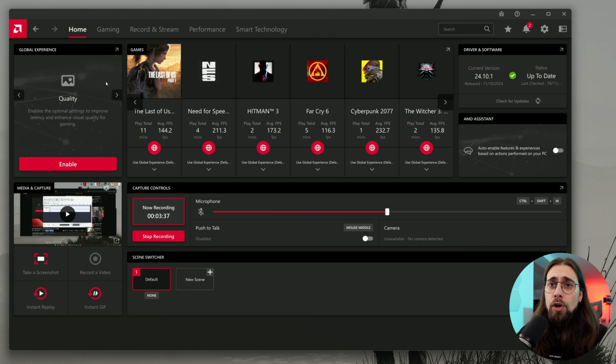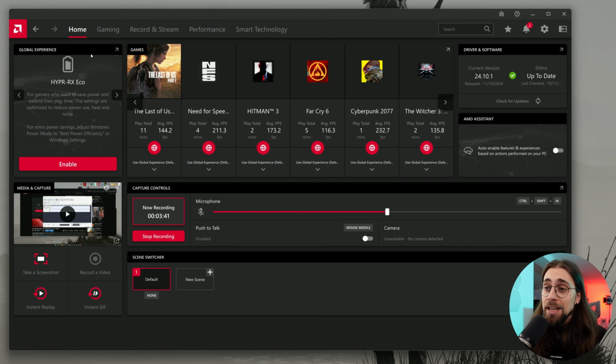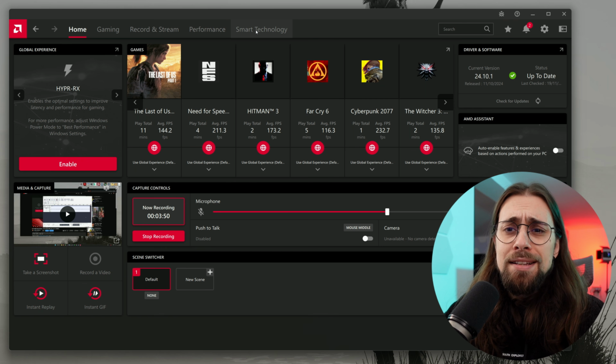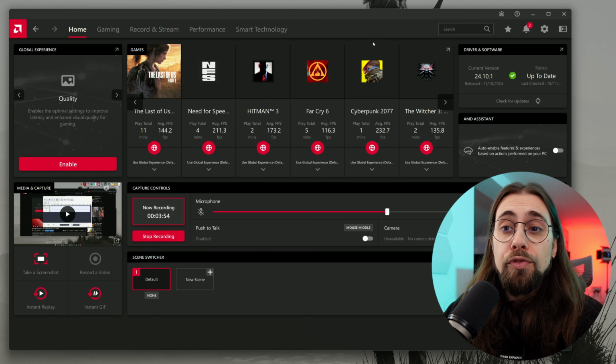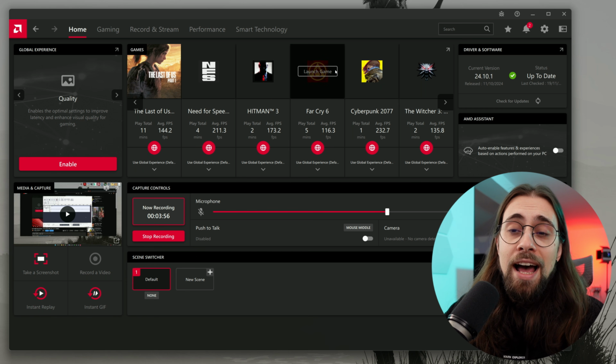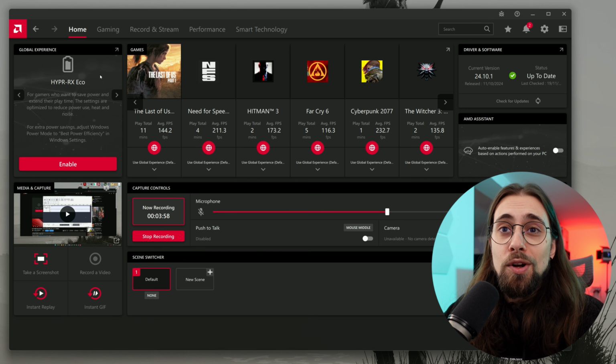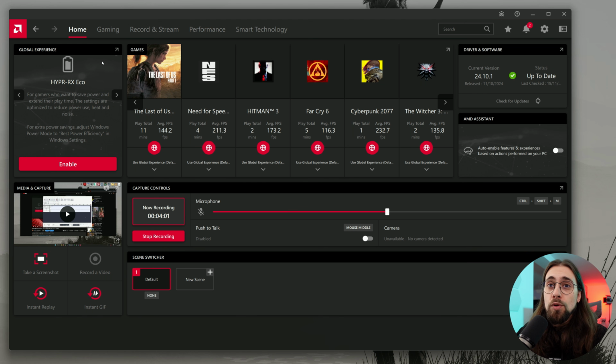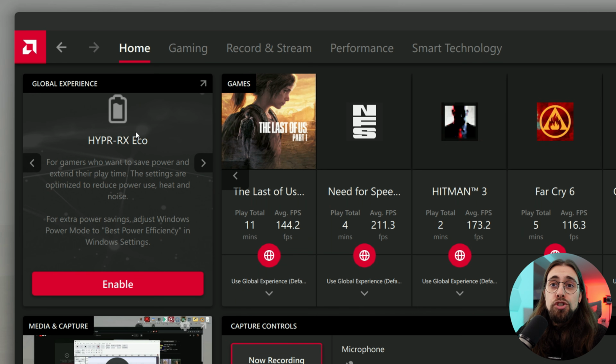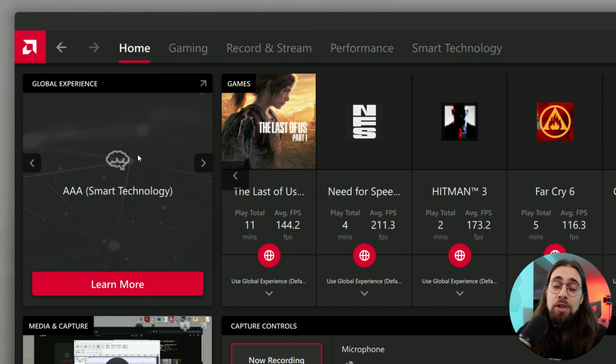But well, on the home menu we have now the global experience, and several things have changed since the video that I made last year. Some menus have changed from one side to another, some have included new features, some just had a layout reconstruction, let's call it that, and the home menu is one of those with a global experience here, showing you the